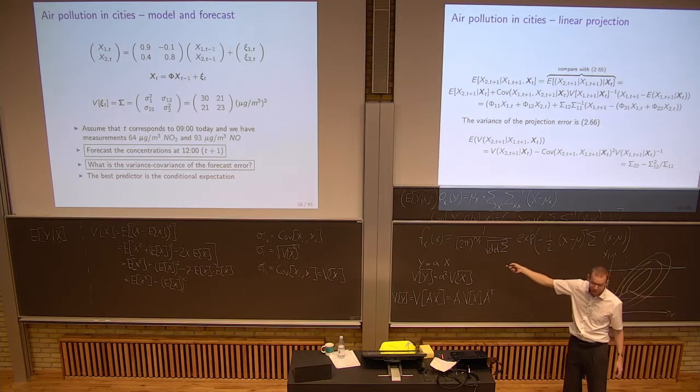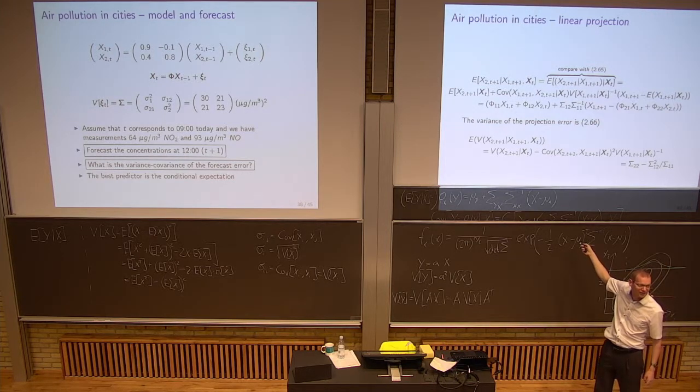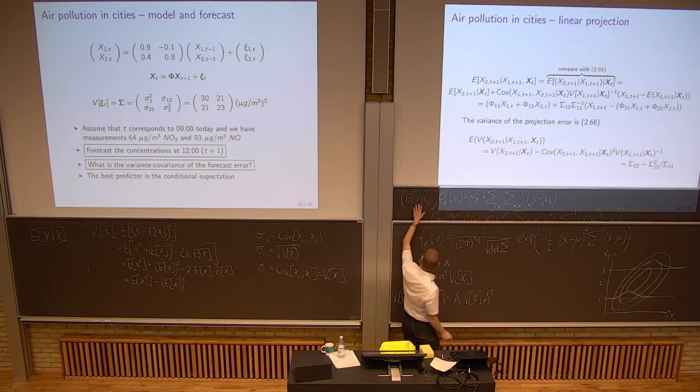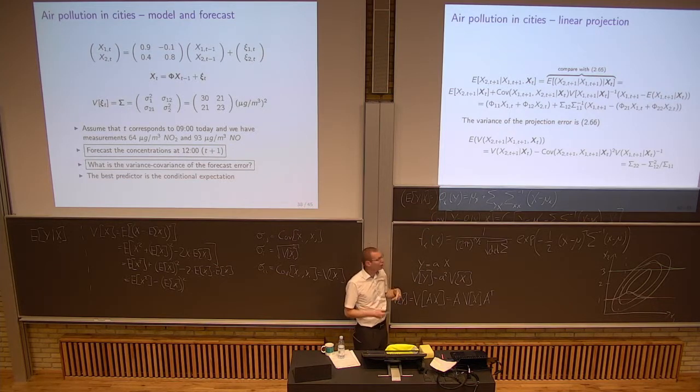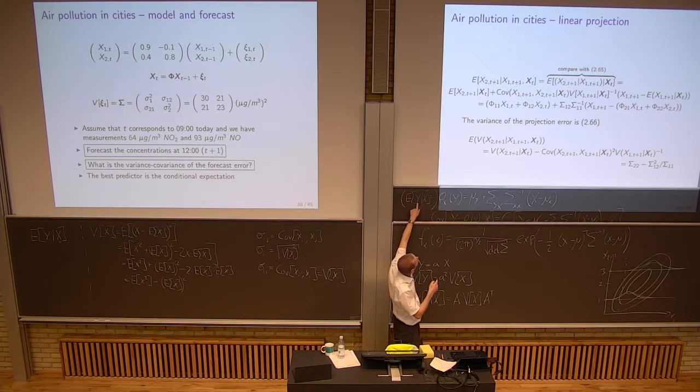So you have the linear projection theorem right here, right? That's what we want to do. Because we want to do the conditional expectation of the second state given that we observed only the first state. That's what we want to do. And then we also condition on what was there previously. So, we'll do this. What we want to care about is the expectation of the second state at time t plus 1, given that we observed the first state at time t plus 1, and we know the state at time t, or we observed both.